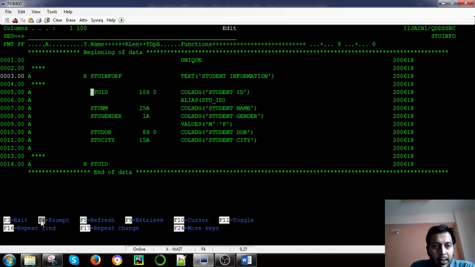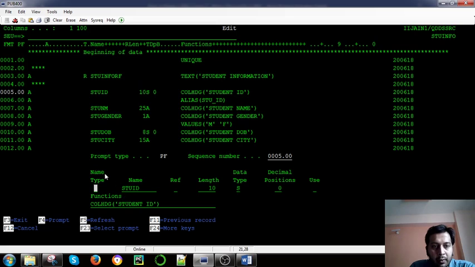So in the field level, let's see what we can declare. Here we don't require the name type because we have already declared the record format, and under that record format these fields come. So name type we can have blank, and here we can put the name of the field. So we have given a name. Here we can put a position, how long that field should be, and what the data type should be. If you don't know, you can use Shift F1.